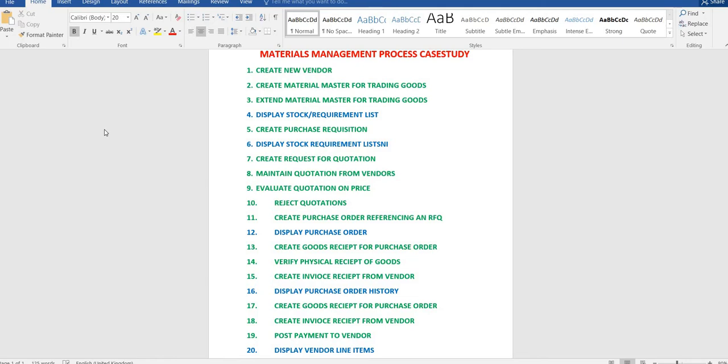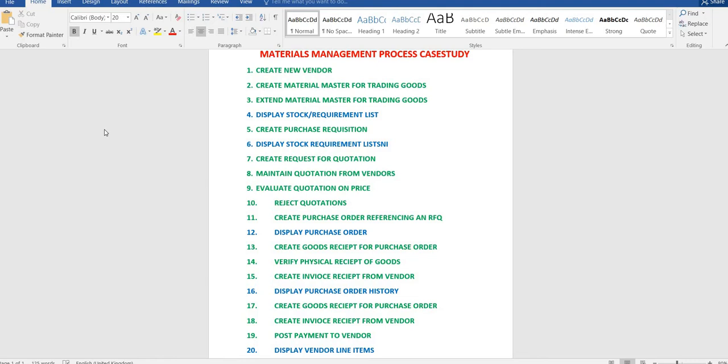We will do these major points. It seems to be a very long exercise. Most probably we will perform the exercise in parts, but let's start.